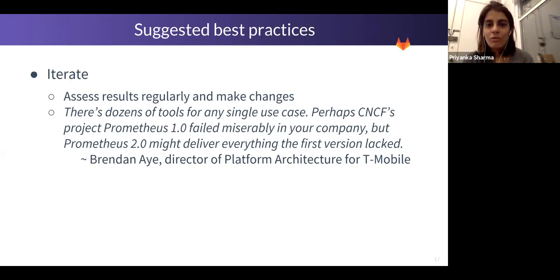And so when there's so many options, fail fast. If Prometheus 1.0 didn't work, look at 2.0. It might deliver quickly. And the key is not to get married to your tools and not be too sad if they don't work out, because there's something that's going to work. We're all, as an industry, working to improve, and you're not going to be left in a lurch. The flip side of that is that there's often confusion and cacophony, but hey, it's better to have innovation than not.